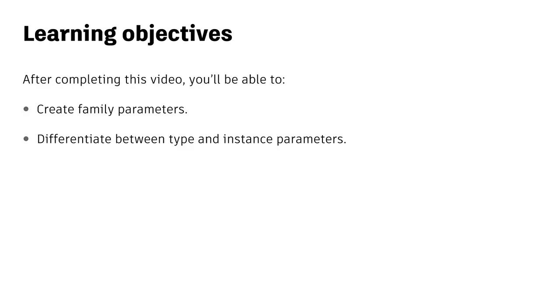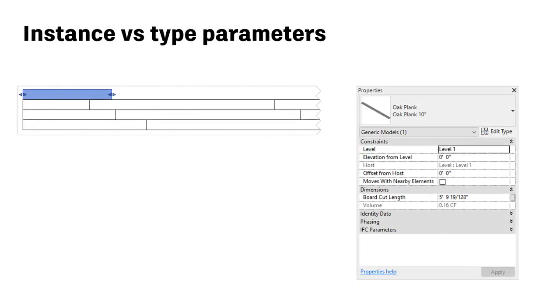In this video, you learn the key concepts of defining family parameters and assign these parameters to dimensions. You will also understand the key differences between instance and type parameters. In the example below, timber flooring is being modelled to plan out the joints and cuts to a high level